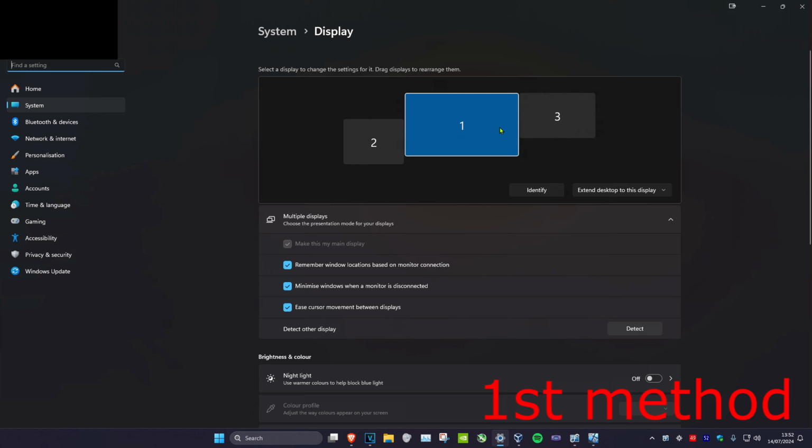So for me, I've got 3 monitors, and in real life, I've got my first monitor in the middle, and then I've got my second one to the left of it, just below it in real life. So you want to make sure that the order of your monitors on the picture is the same as it is in real life. So since my first monitor in real life is in the middle and it's up here,